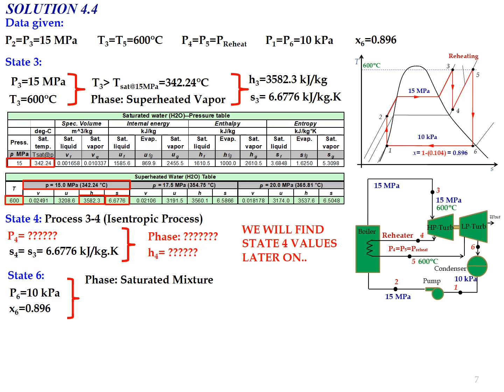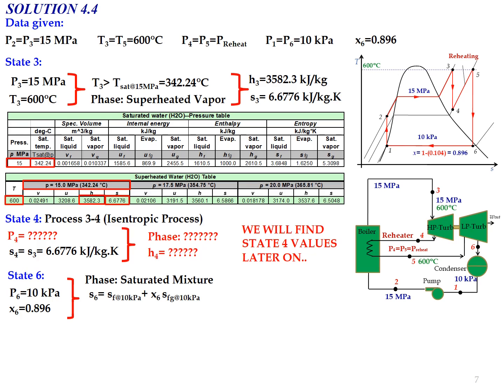Okay, so because the value of X6 is already given, automatically we know that the phase for state number 6 is in the saturated mixture region, because we have the value of X. Now, in order to determine the enthalpy value and also the entropy value for state number 6, we cannot get the value directly from the table, but we need to use the specific formula for enthalpy and also for the entropy for the saturated mixture region, where for the entropy, S6